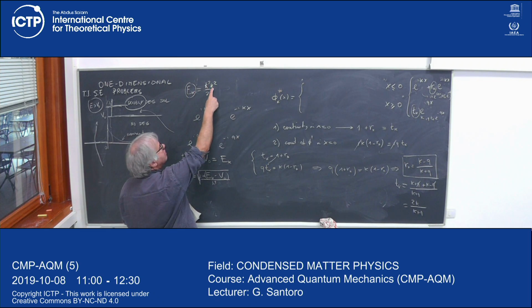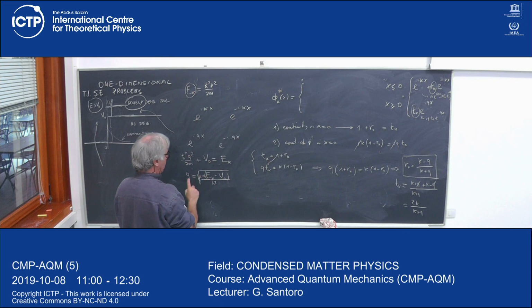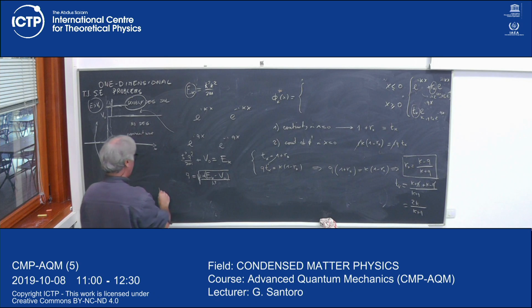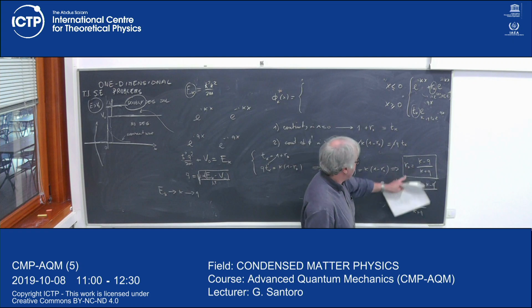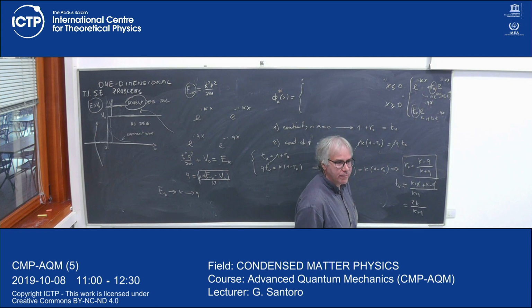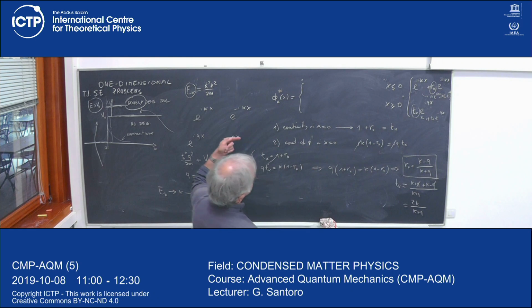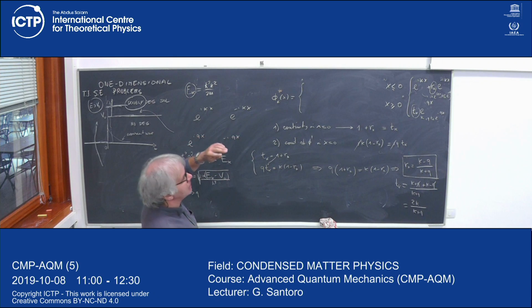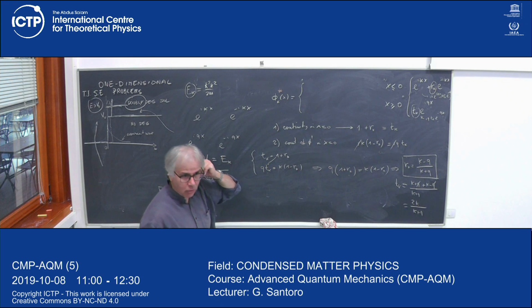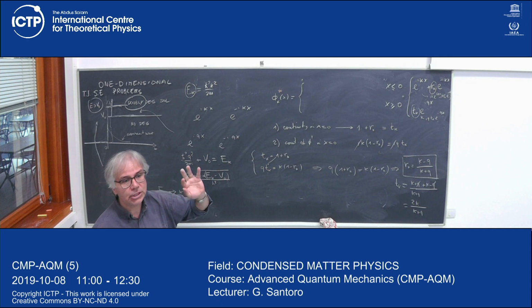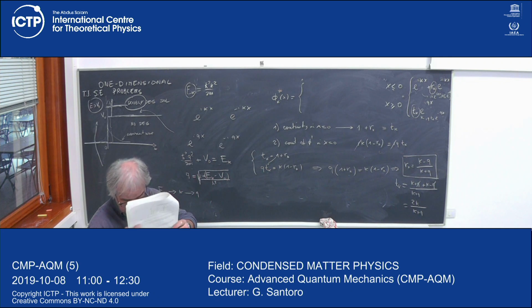You fix whatever energy you want. I determine a k. From this I determine a q. So the k and the q, and that's it. I have the r and I have the t. Reflection and transmission. And this fully solves for my wave function, somehow scattering from minus infinity. The other solution would still be allowed, and I can superimpose with whatever coefficient these two degenerate solutions. Is it clear?